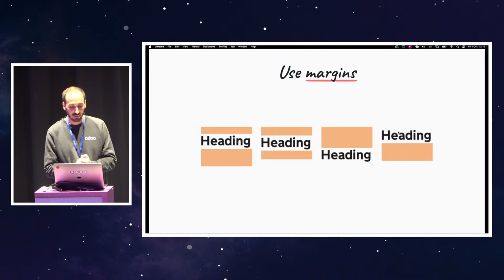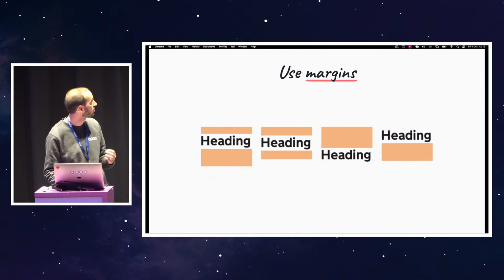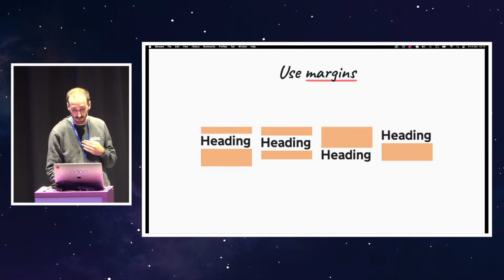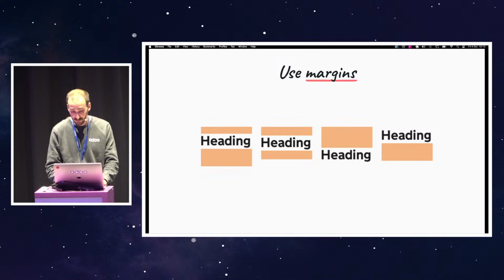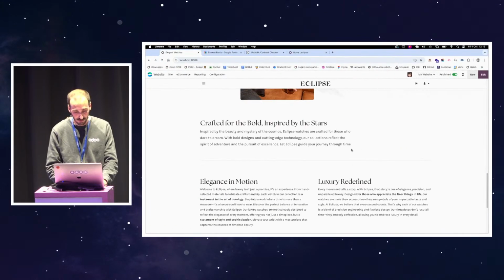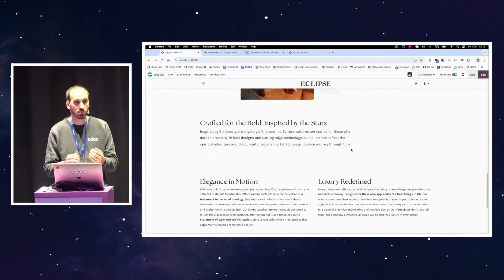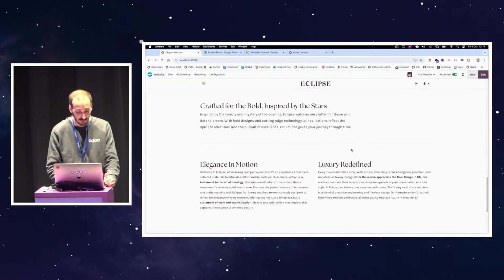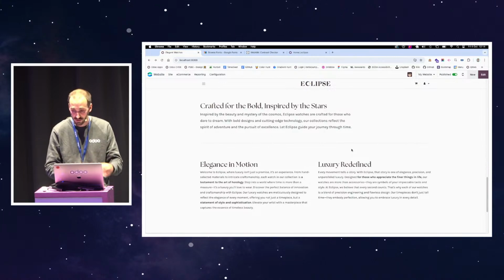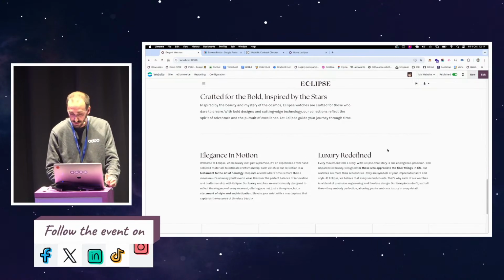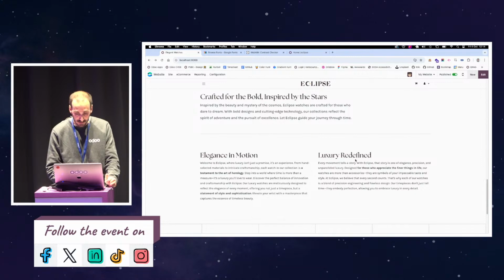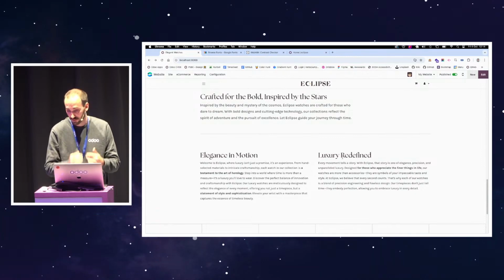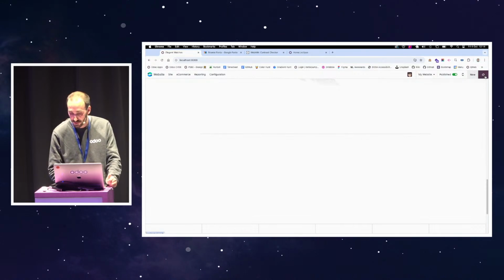Another way to use spacing is with margins. Margins are the space you're going to add at the top or at the bottom of a heading, and you can also use that in the website builder to define a clear hierarchy in your content and to make sure that your content is breathing and nice to read. So for example, in my headings here, I've got a spacing problem. The headings are too close to the paragraph. So what I'm going to do